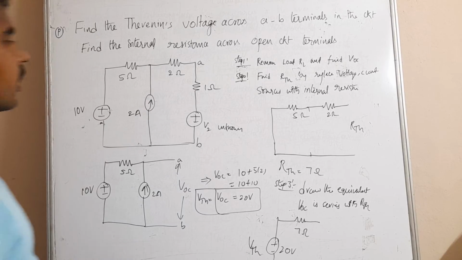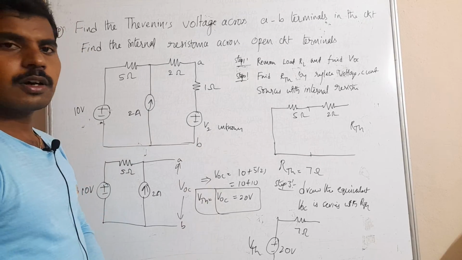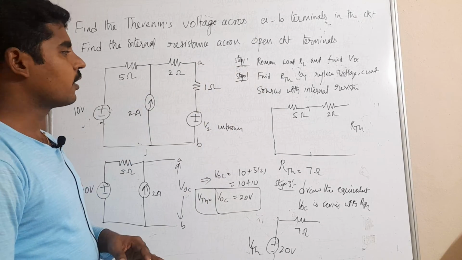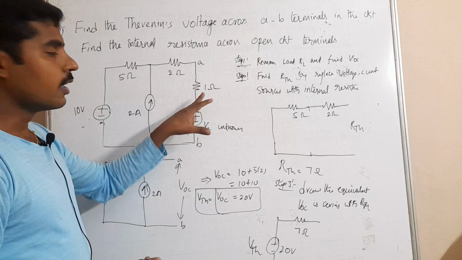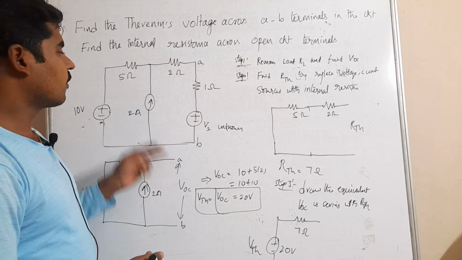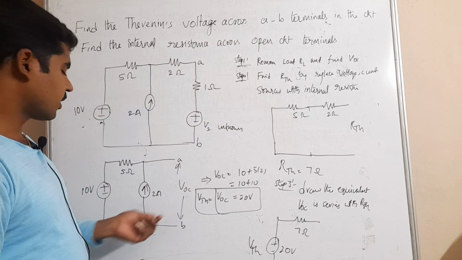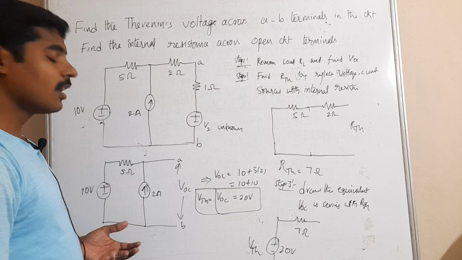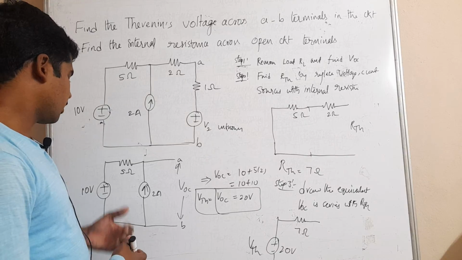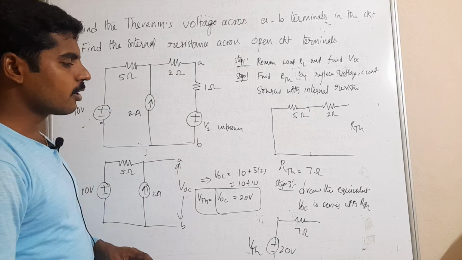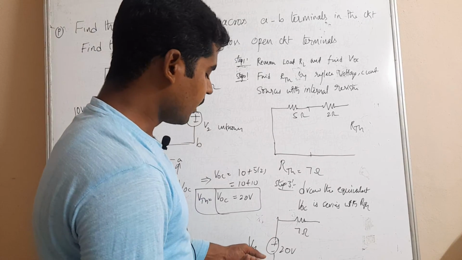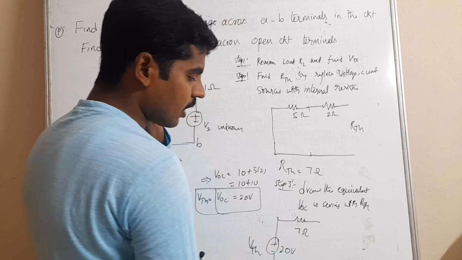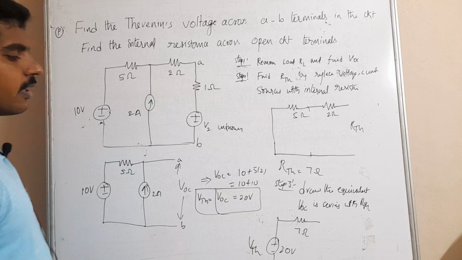So I think it is very clear, guys. We have to follow the steps. First, remove the load resistance, where we have to find the open circuit voltage and RTH. After that we have to find the open circuit voltage by using the normal traditional methods. It may be nodal analysis or KVL methodologies. And the third step is to draw the equivalent circuit diagram, with VOC in series with the RTH. So that is the main thing.